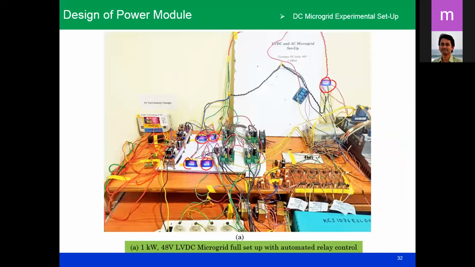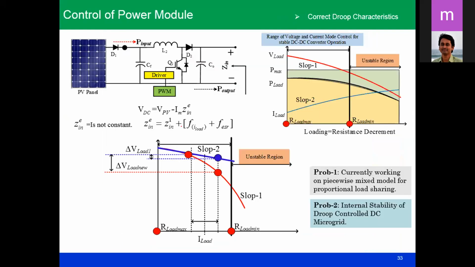And the last thing, let me quickly wind up. You see that I have designed the power module successfully. Basically, I need to design the controller, and I have already discussed in one slide the power characteristics. It has a minimum amount of current and a maximum, so in this range I have to operate. Even though I operate in this range, if I ask what is the impedance for this particular converter looking from the output side, and why it is important, you know that we have, let us say, a voltage source and an impedance. Then if I ask you what the characteristic is, you can say V minus I into Z equals the terminal voltage.